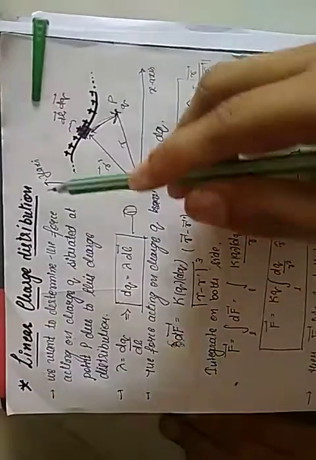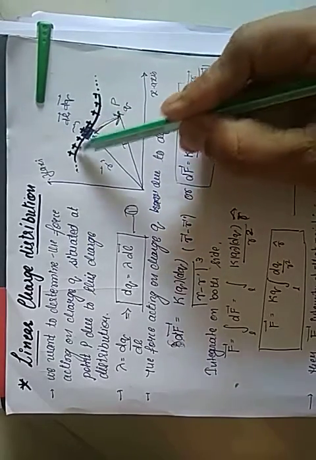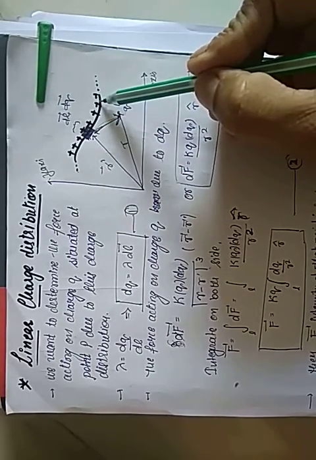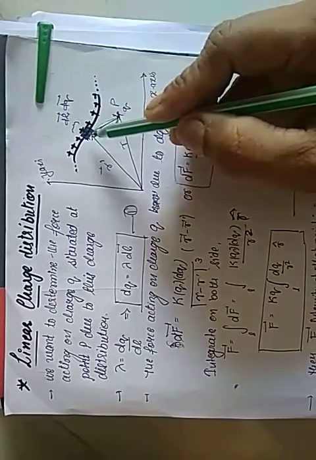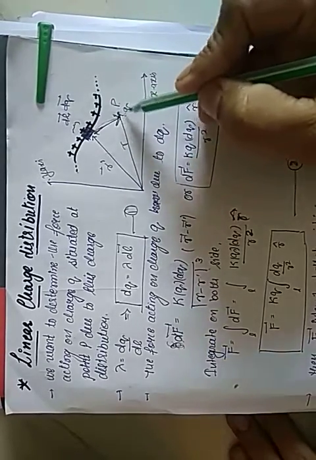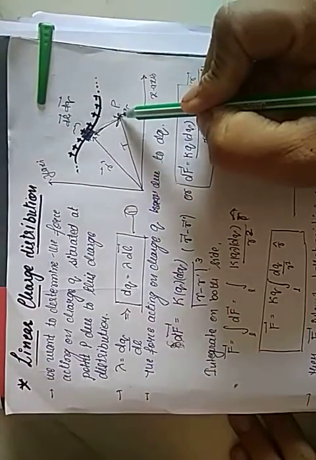So we started from linear charge distribution. Suppose we take a wire, and the wire has a continuous charge distribution, with a positive number of charges, and the whole length of the wire is L. The total charge is Q. So we want to calculate force. At point P, take a charge q. We want to calculate the force between this point charge at P and any one charge of the wire.